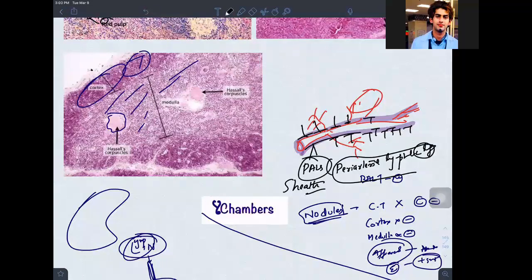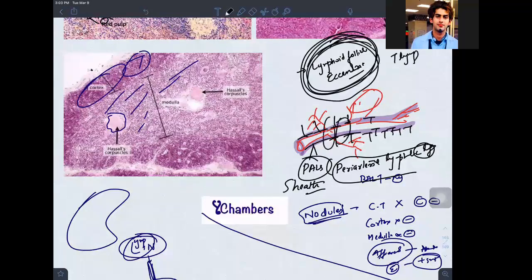So let me ask you one thing. Where can you see the central arteriole? In the lymphoid follicle, you can see the central arteriole. Is it in the center? No, sir, it is not in the center. It is eccentric, means away from the center. Sir, who is surrounding the central arteriole? T lymphocytes, isn't it? So in the center, what do you see in the germinal center?